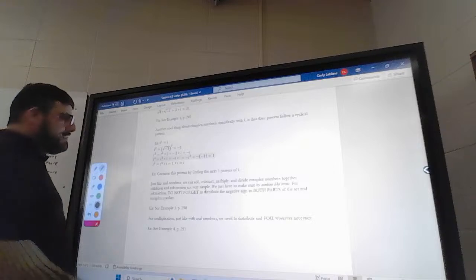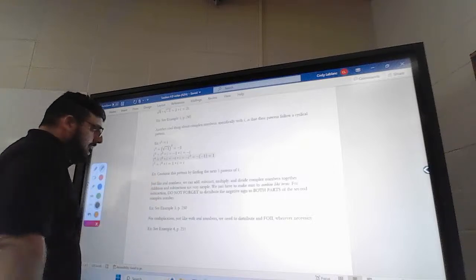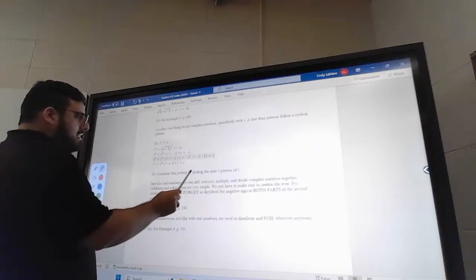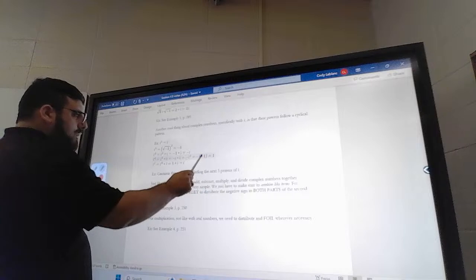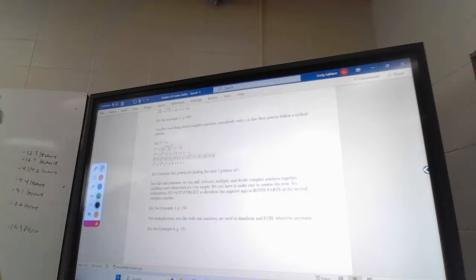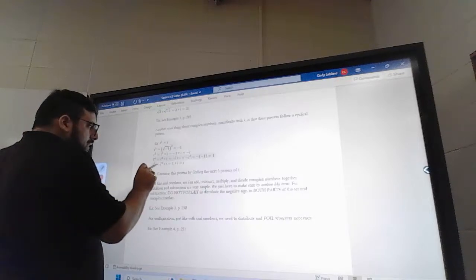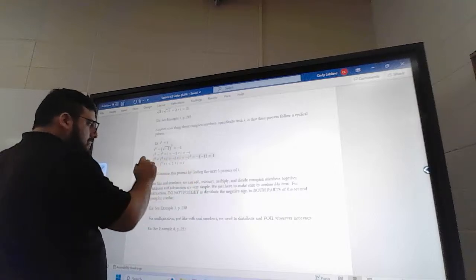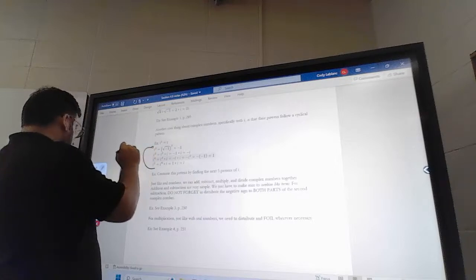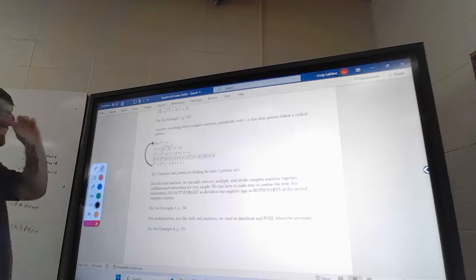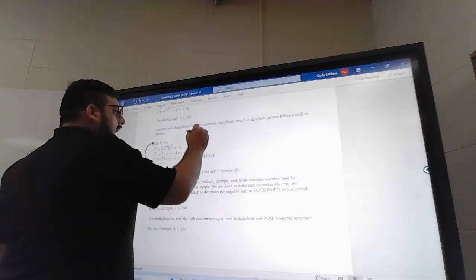Then i to the fourth is i to the third times i. Well, that's -i times i, which is -i squared. i squared is always -1, so that's -1, which is +1. And if I try to go i to the fifth, that's i to the fourth times i. Well, we know i to the fourth is 1. Well, 1 times i is i. That brings me all the way back here. So starting at 1, you have this cyclical pattern of